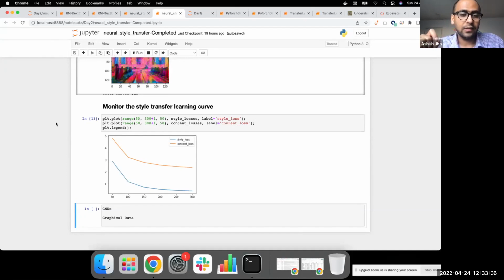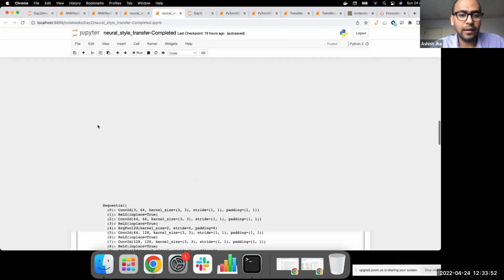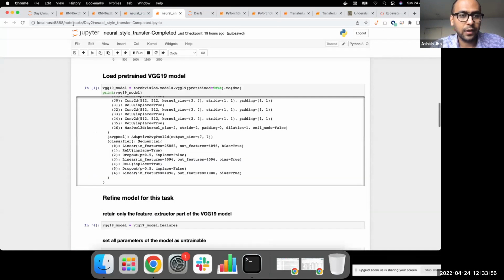PyTorch, on the other hand, is very Pythonic. And when I say the word Pythonic, Python as a language itself is an interpreter-based language. So when I run something in Python, these lines are executed as soon as I run them. So PyTorch also works in a similar fashion. When I build a model, like when I do these steps, or in the previous example,